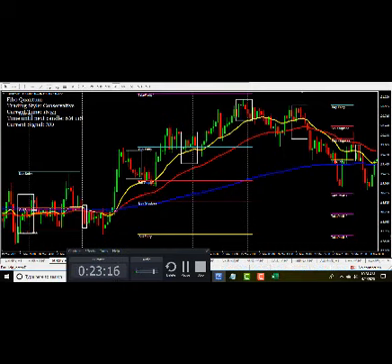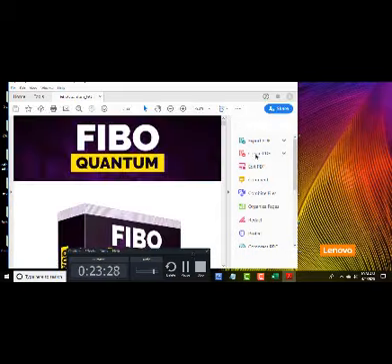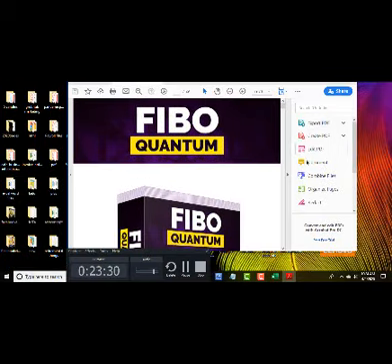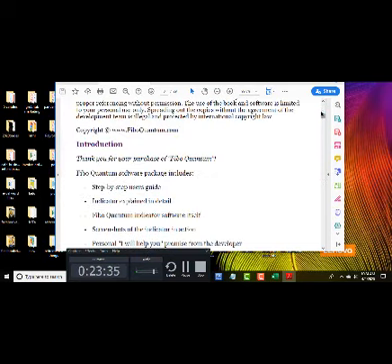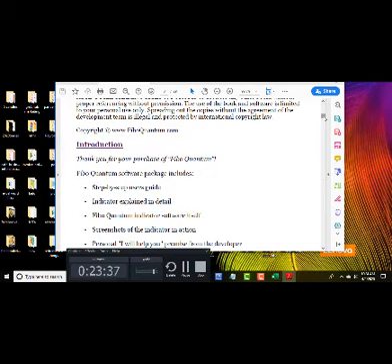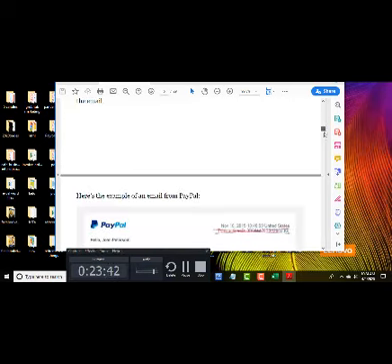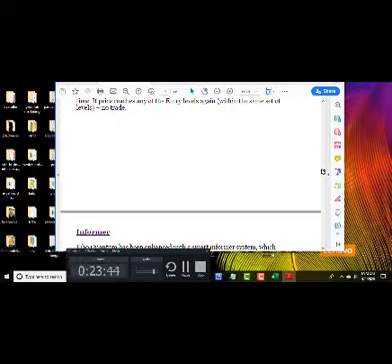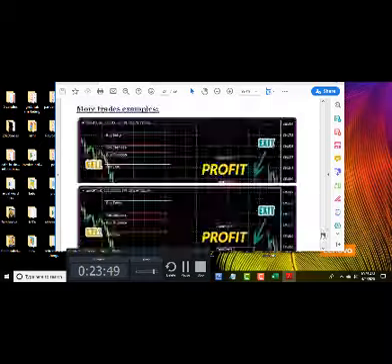The other thing I wanted to show you guys while I'm talking about that is when you purchase this indicator, it does come with a PDF file here, which I'm going to pull up right now. And that PDF file shows you how to set up the indicator, tells you how to set up the notifications I just told you about. But it also gives you a lot of rules. It gives you the rules for taking trades, and that's kind of what we're talking about right now. But everything that you need is in this